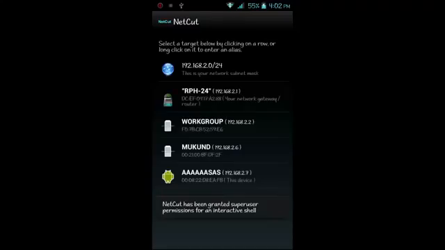So guys, this is Netcut, and you might be thinking why it's not starting. It's just refreshing or detecting the devices. So yeah, it started, and you can see that basically two devices are connected, Mukund and work group. We will click on Mukund, and that means the net connection to Mukund has been stopped or slowed down to the minimum level. If we click on it again, the restriction of net connection to Mukund will be removed. We click on it, and yes, the connection has been restored, and when I click again, the restriction is applied.